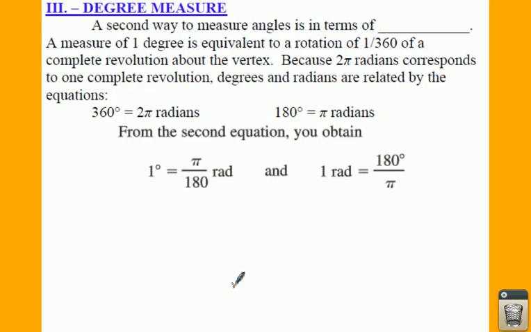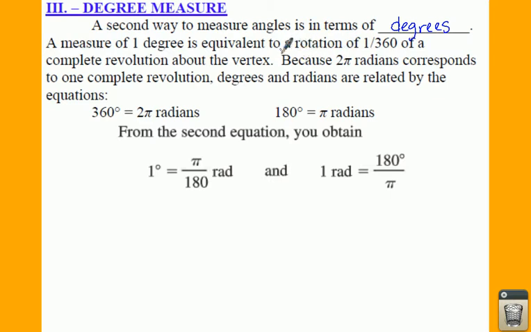So the second way to measure angles is by using degrees. Degrees is something that's not brand new to you, at least I hope not. I hope you all know what degrees are. So the measure of 1 degree is equivalent to a rotation of 1/360th of a complete